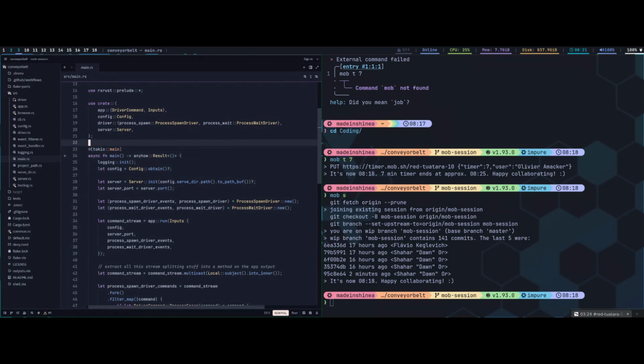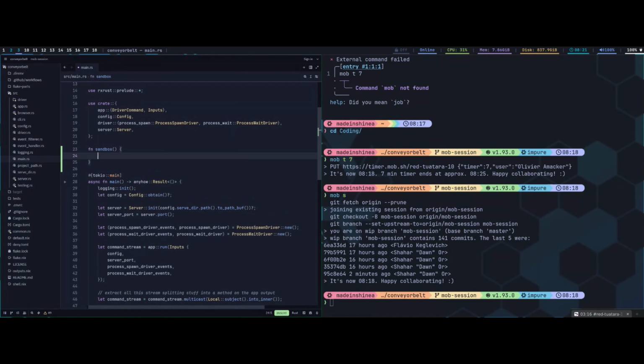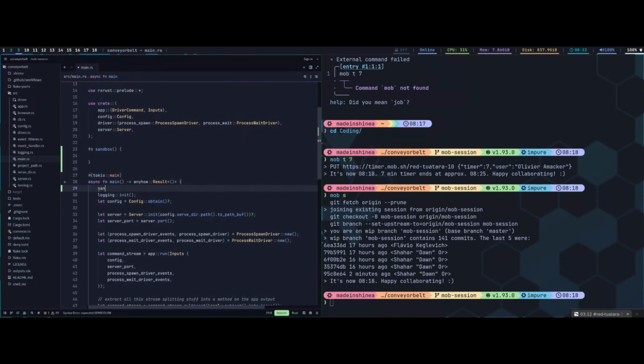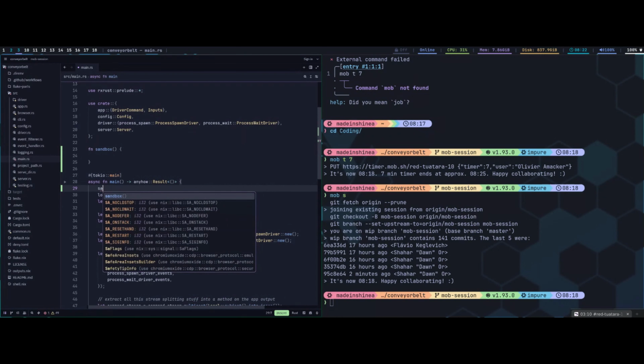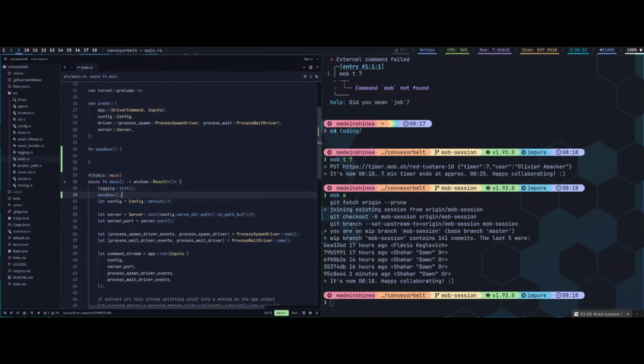Give us a new function, call it sandbox somewhere here. Fn sandbox. And give it an empty body, and then call it at the beginning of main. Maybe after logging, because we might want to log inside it. I don't know. Okay, just call it. And here, what we want to do is